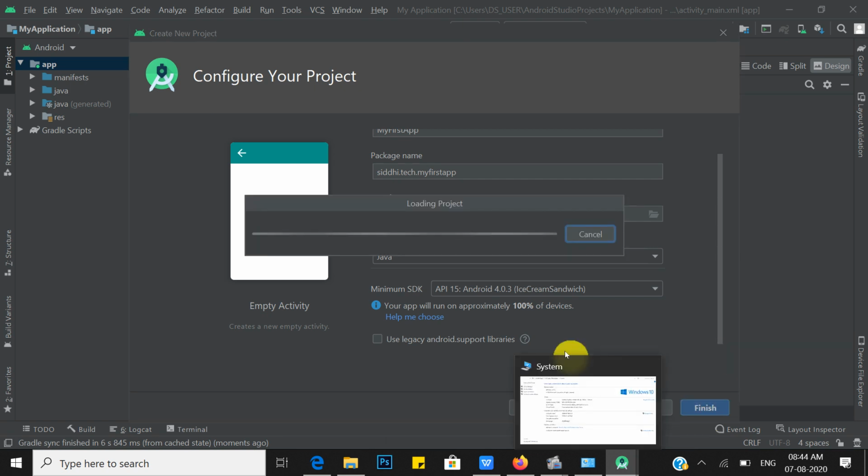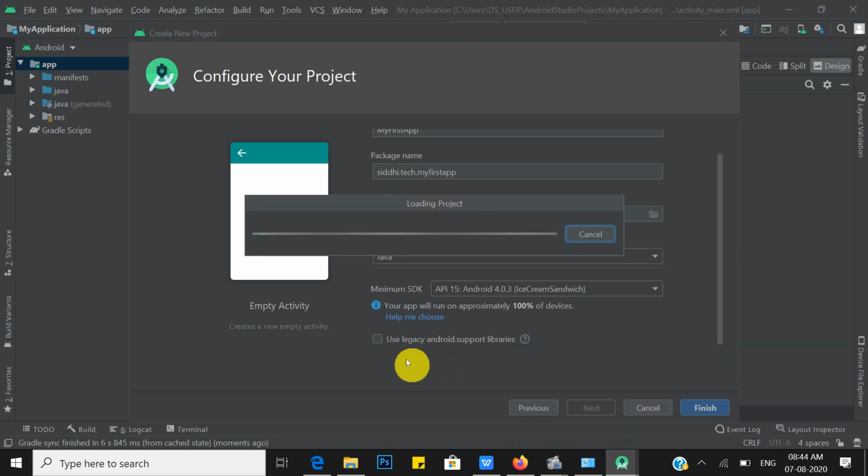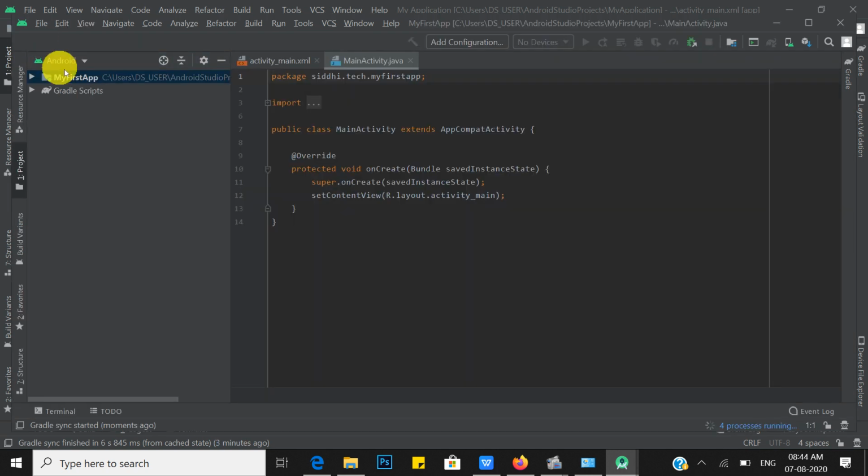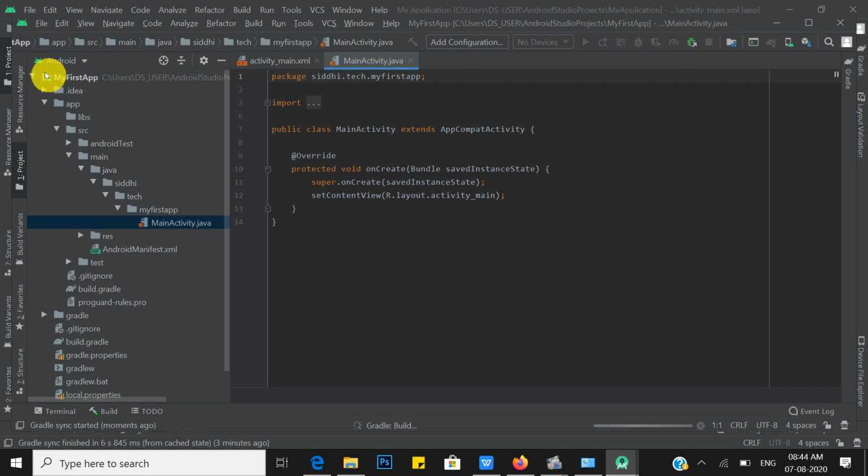When you finish, click on the finish button. It will create my project, that is my first app, and that will be shown here, that is my first app. Okay, so this is the location where my first app folder is created.